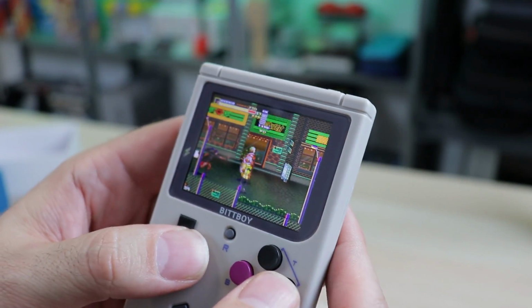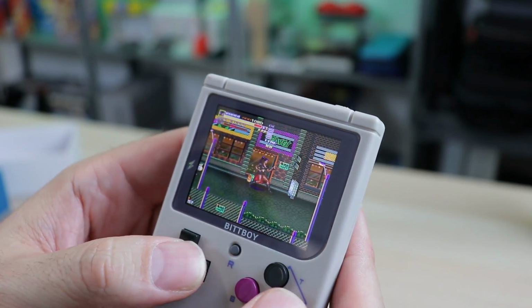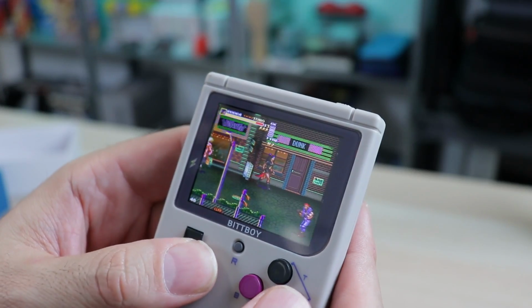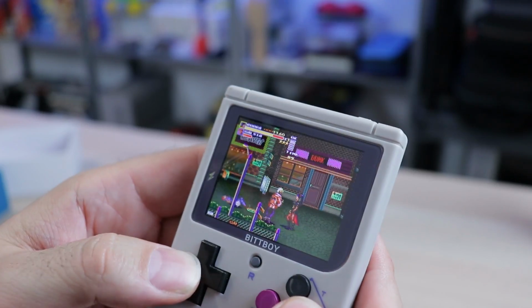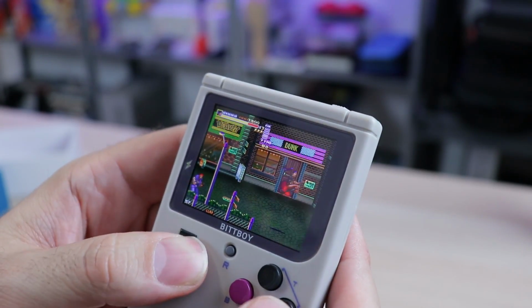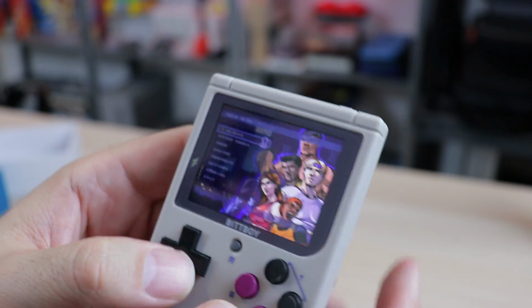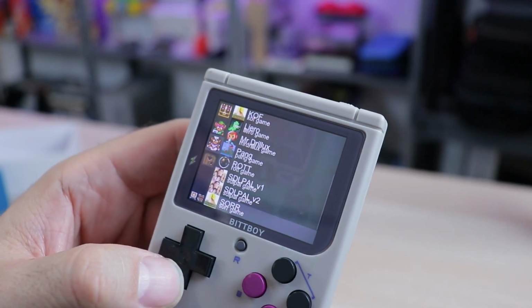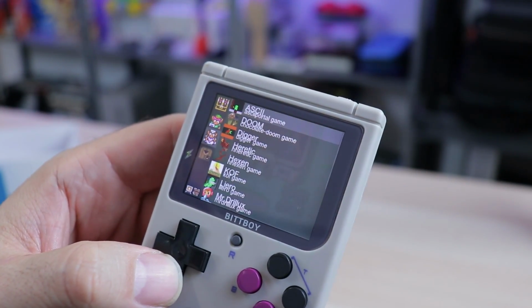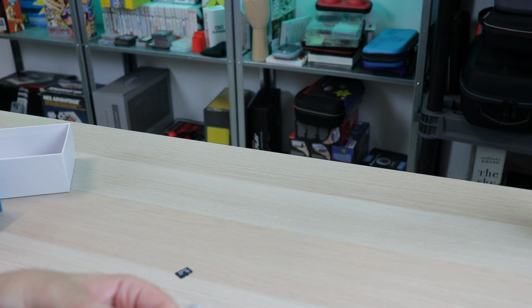Now, some people have told me, okay, well, the newest custom firmware has newer emulators and stuff like that. From what I've seen so far, everything runs pretty much similar. It's just the newest custom firmware has more emulators, and the user interface is a lot nicer than what's included on this. So let's go ahead and get out of here. Don't know why it just instantly loaded a save state, but there we go. Tombstone, Wolfenstein 3D, a few options. So there you go. Let's go ahead and load up the newest custom firmware,